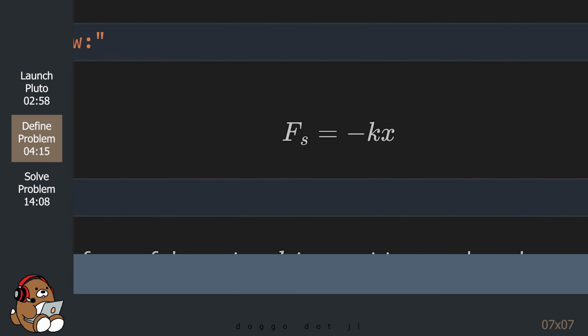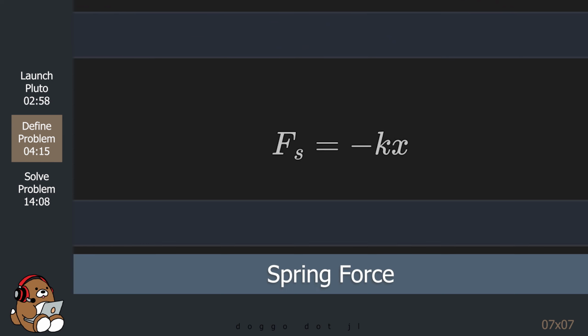So going back to the equation, F sub s is the spring force. k is a positive number, which is also known as the spring constant. This number is different for every spring. The weaker the spring, the lower the constant k.